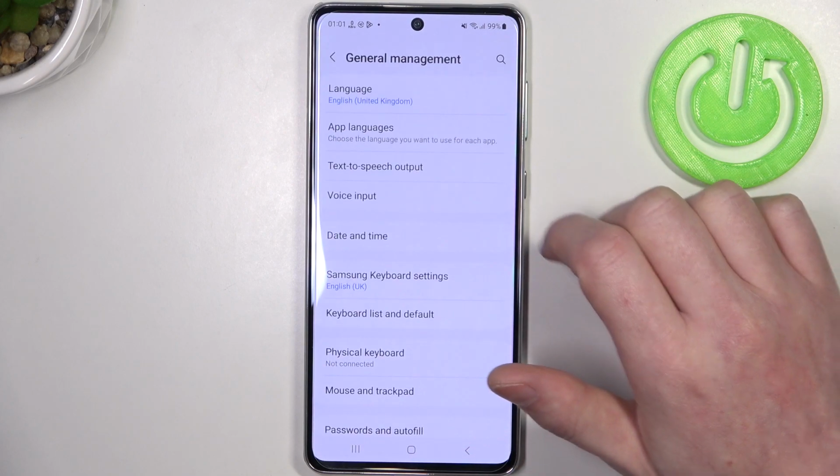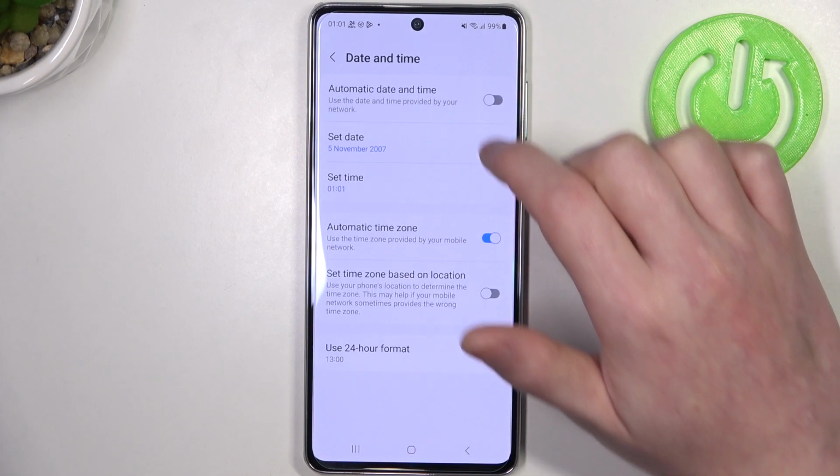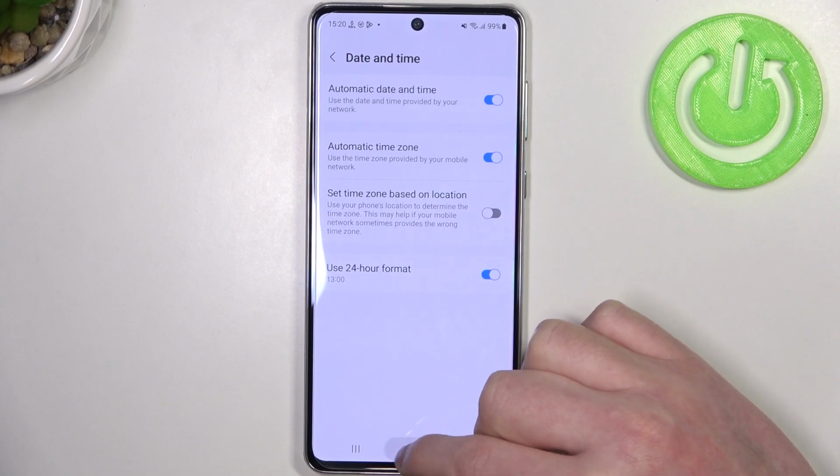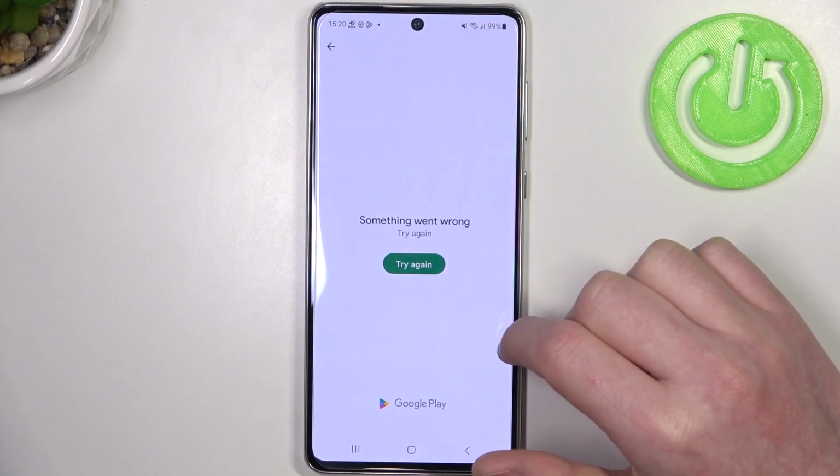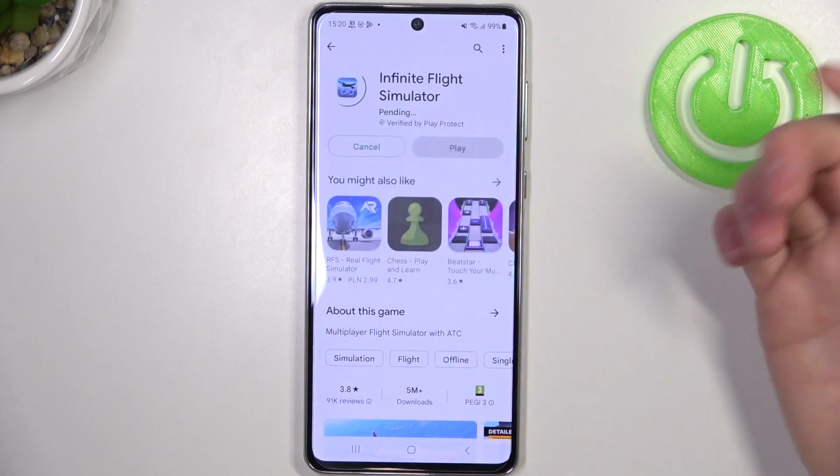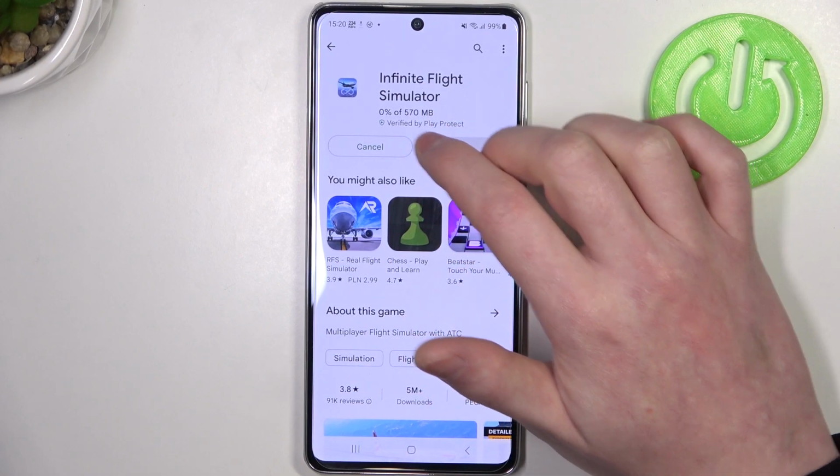scroll all the way down to find General management and enter Date and time. Enable Automatic date and time. If you go back and open Google Play Store, games should be able to download now, as well as the